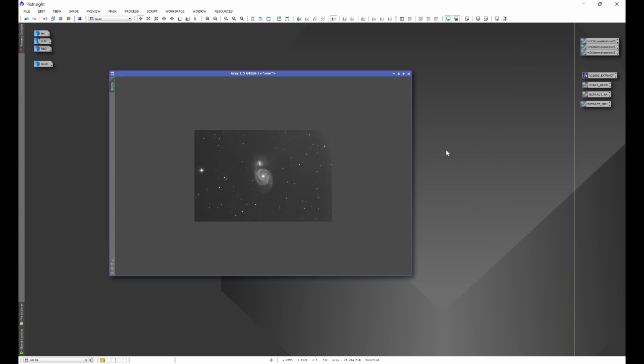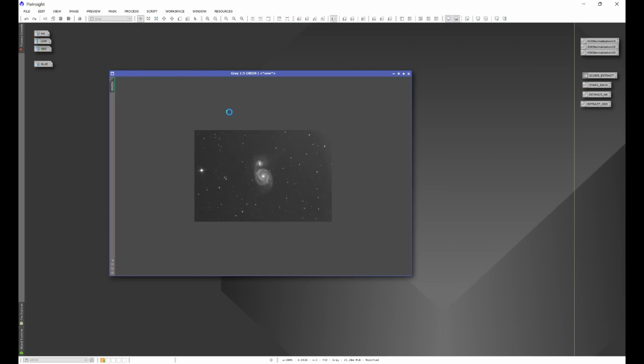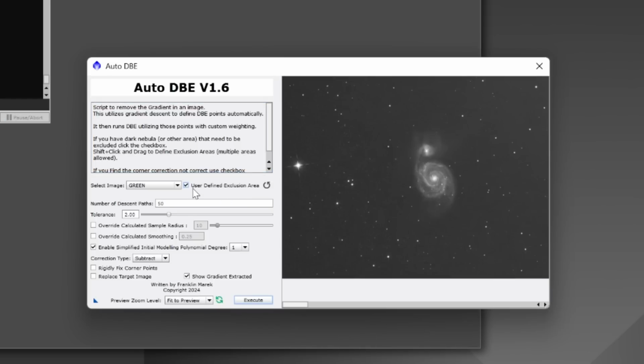And what's left now is Background Extraction. For Background Extraction, we're going to go into Script, SETI Astro, Automatic DBE. Now, generally, with Automatic DBE, I'll just run the default settings. But for this video, I want to show you something. If we look here, we have User-Defined Exclusion Area. If we click on that little checkbox, we see our image. If we click and hold Shift,